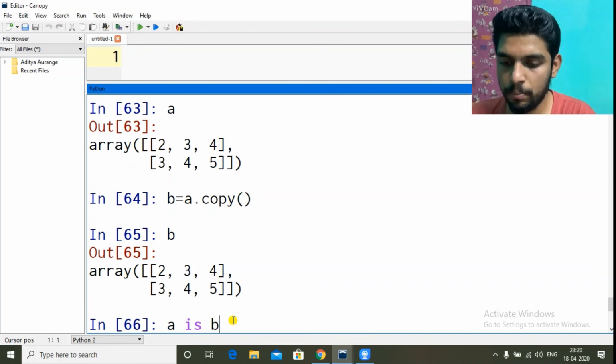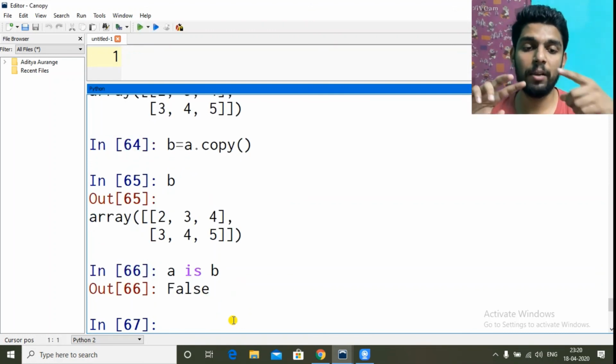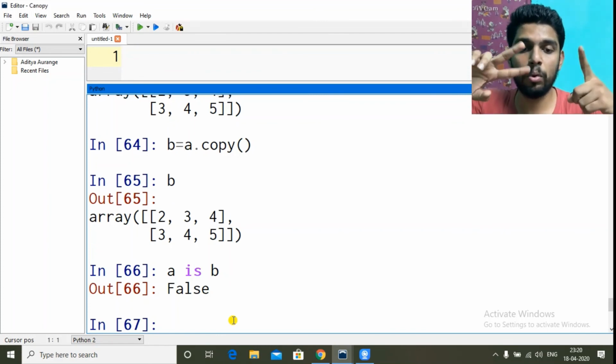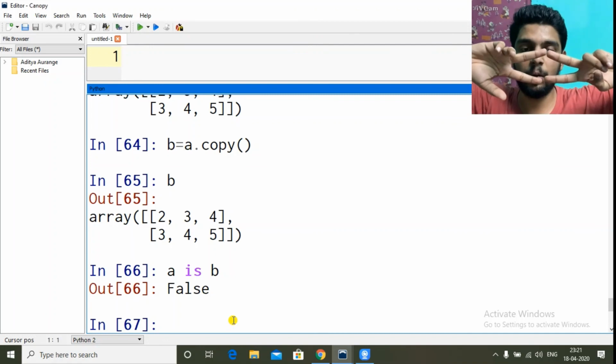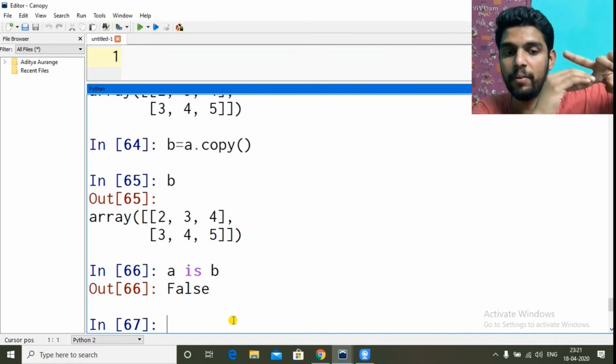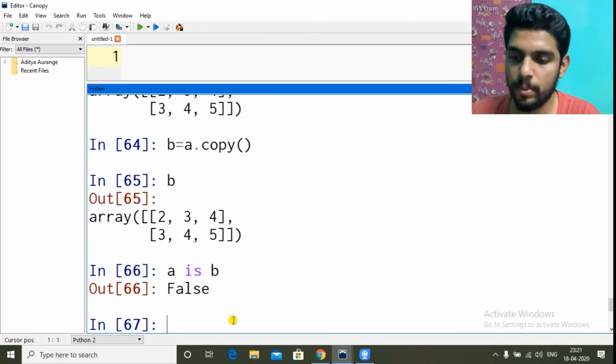False. See, earlier when we did B equal to A, it gave True because both A and B were pointing to the same data. Now it created another duplicate. So in the memory they are different, so they are not the same. Okay, so that's how we create a copy of existing data, an existing array.